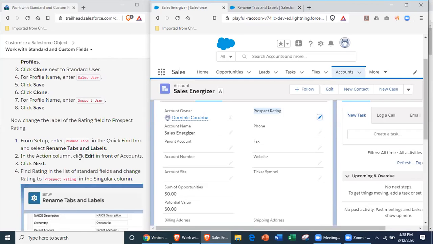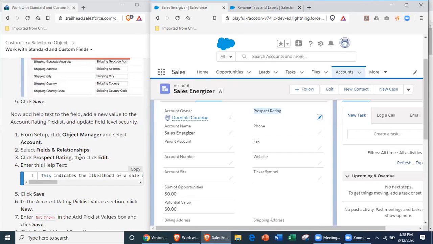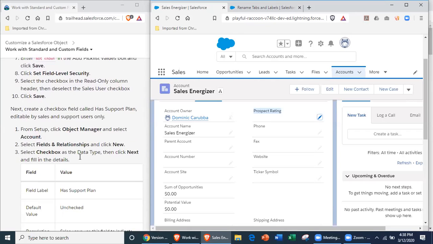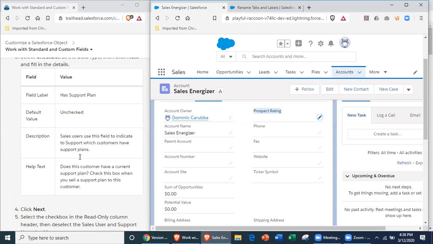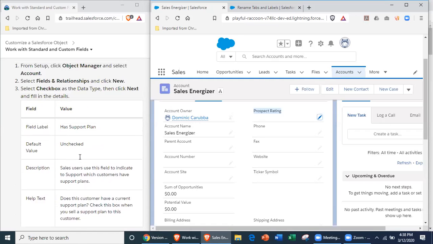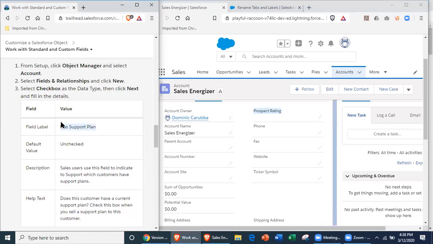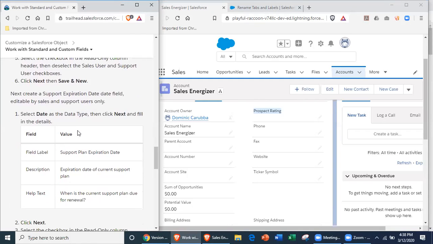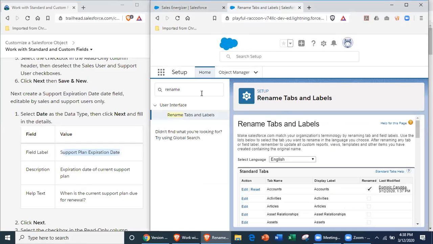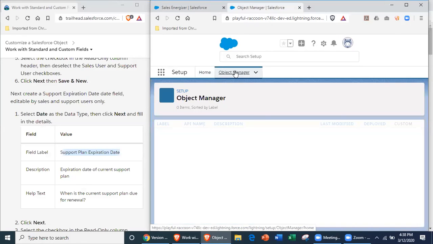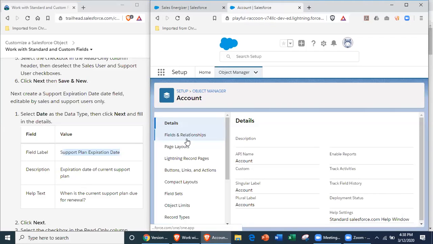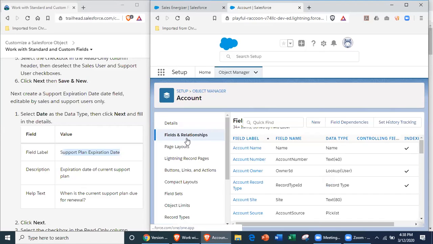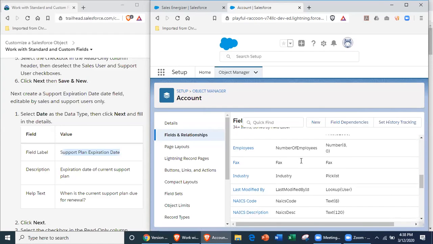Let's see what else they talked about doing. They added help text. You could do that on your own. All right. What do they want you to do? Oh, yeah. The has support plan and support plan expiration date. Those are really easy. That's just creating more fields on the object itself. So I got to go to one place. So if you try to go where you think you go like, oh, account, I want to change something in the account fields,